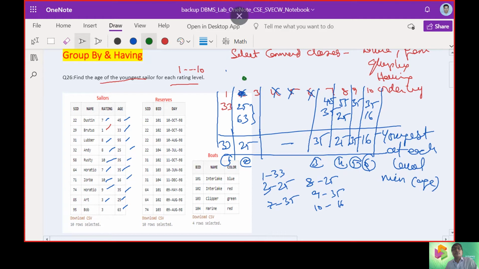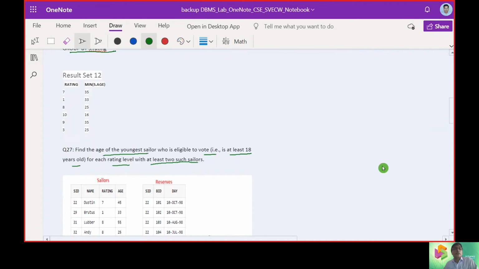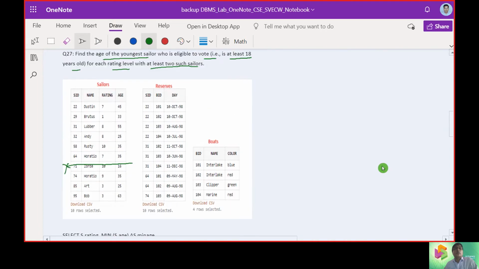We can take up 3, 7, 8, and 9 I think is only 1, then we can take up 10. So 3, 7, 8 and 10. These are the levels we are going to take up.